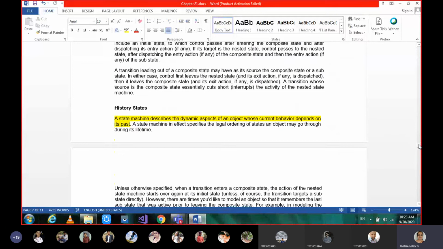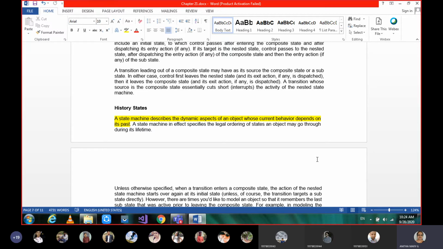I was telling you that history will come in between sequential substates and parallel substates. When we are learning about history, a state machine describes the dynamic aspects of an object whose current behavior depends on its past. Suppose, as a user, you want to apply for one more credit card, when you already have one.